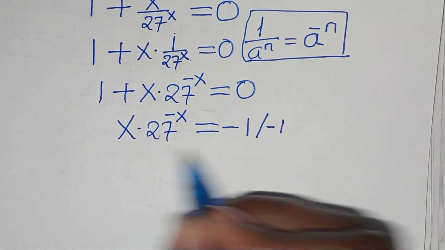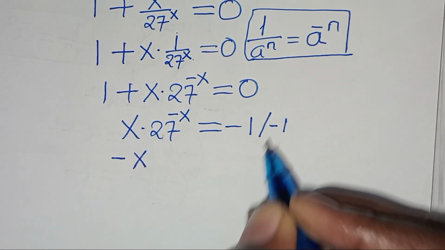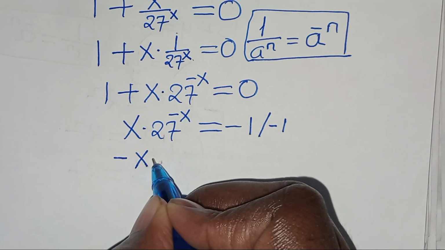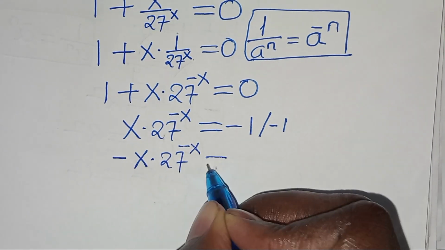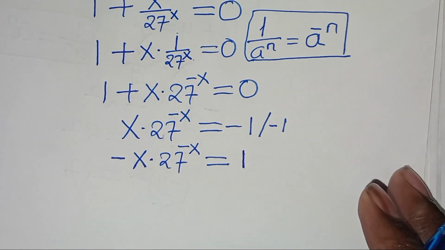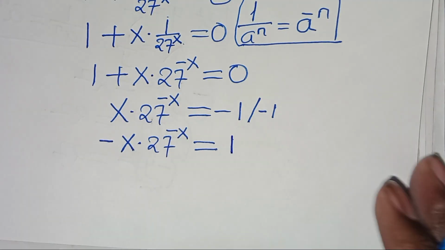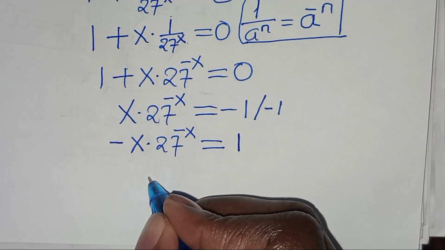So minus 1 times minus x here, we'll have minus x. That's minus 1 times x, minus x times 27 raised to power minus x. This is equal to minus 1 times minus 1, this is 1. So the next step here is to introduce the exponent property such that if you have the